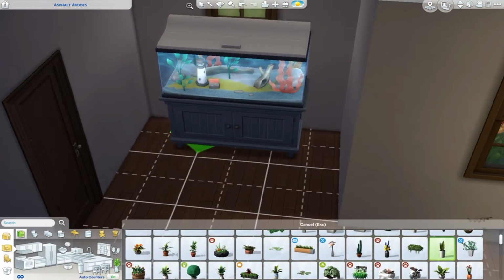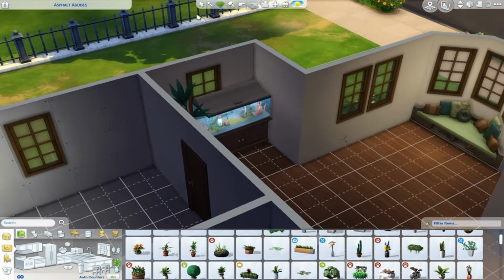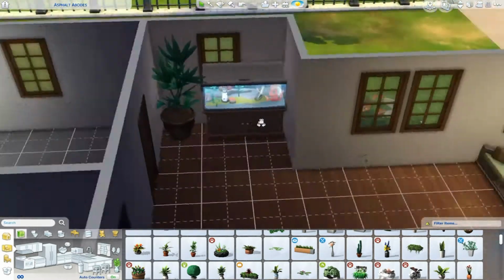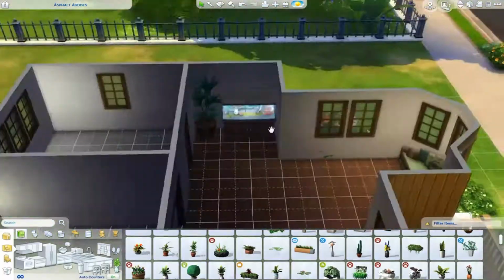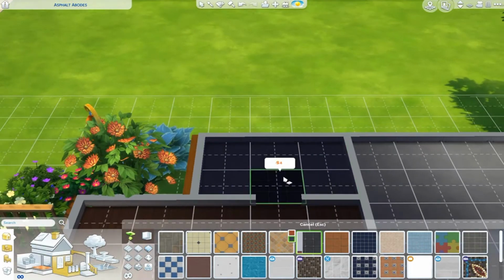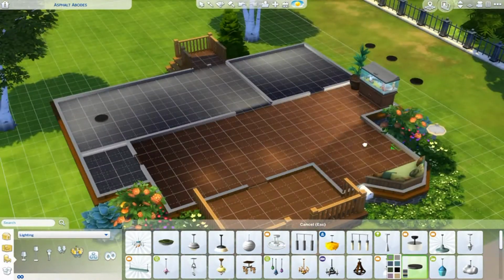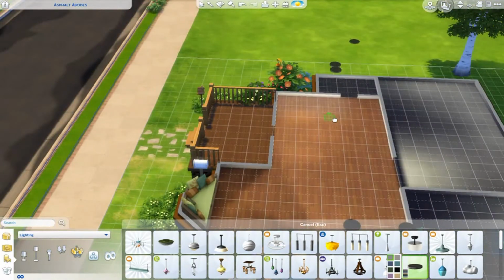Of course, I put in a fish tank. I think the new fish tank just looks so good. I love it. It's classic fish tank. That's what everybody has in their house. That's what I used to have in my house. Well, I still have it somewhere, but we don't have any fish in it anymore. Anyway. Good times. So I gotta place some lights now, and then I ended up placing too many lights, and